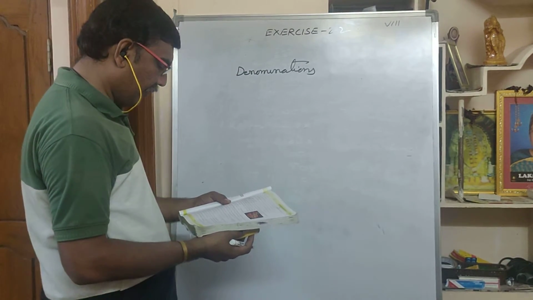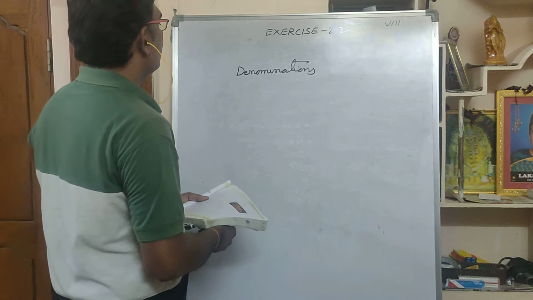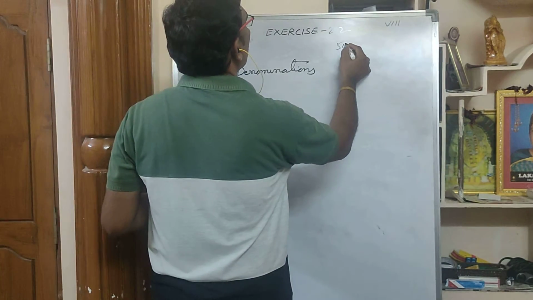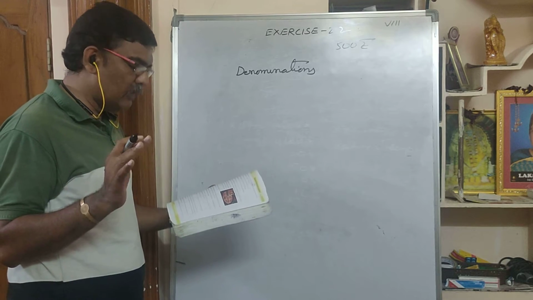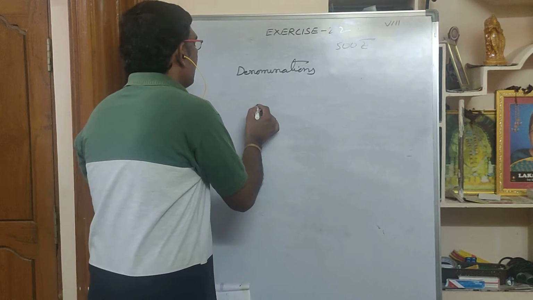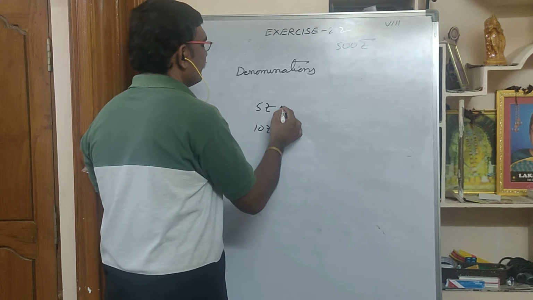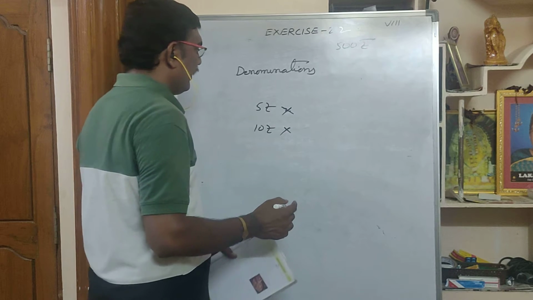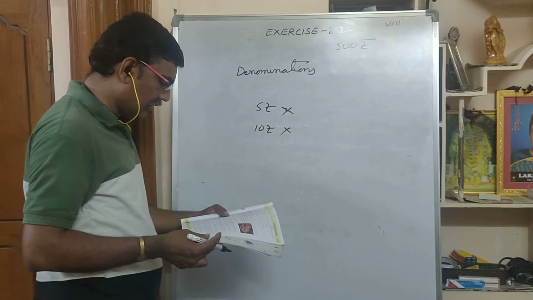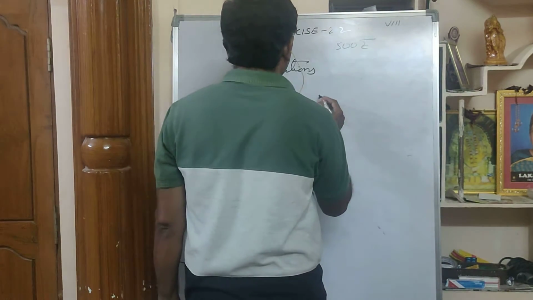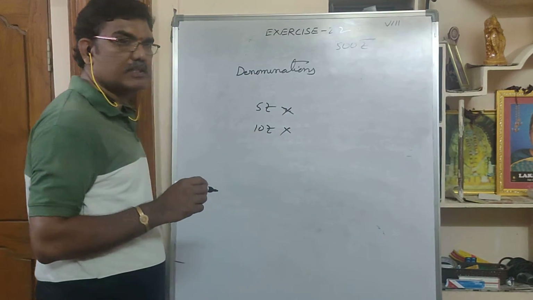So a sum of 500 rupees is in the form of denominations of 5 and 10. So here total 500 rupees is there, and you have only 5 and 10 rupees denominations. Some 5 rupee coins are there, some 10 rupee coins are there. How many are there? We don't know. If the total number of notes are 90, so here total number of notes is 90. Not coins, here notes it seems.